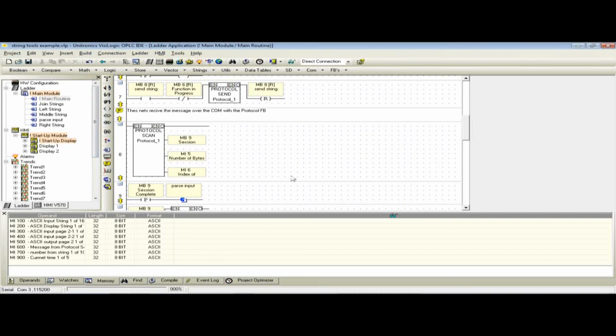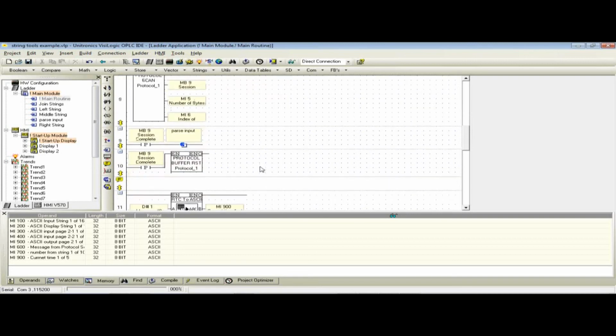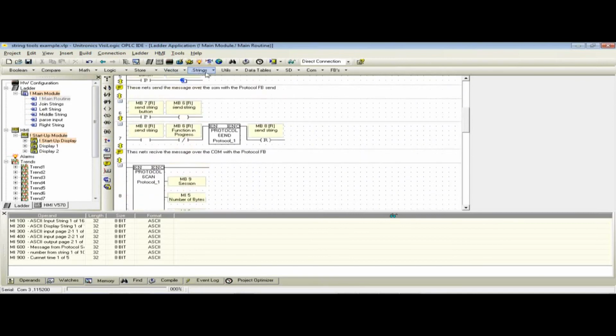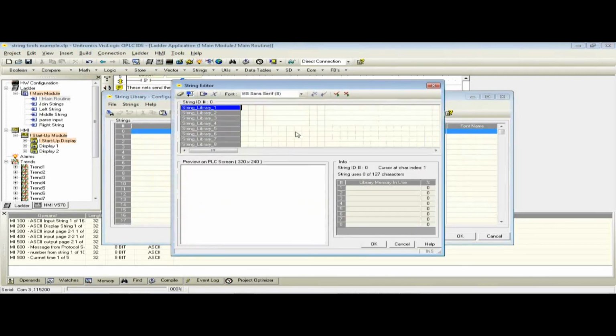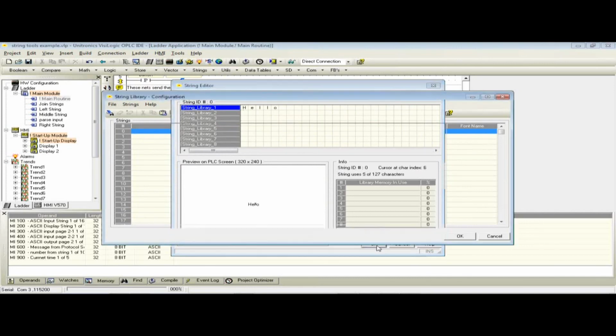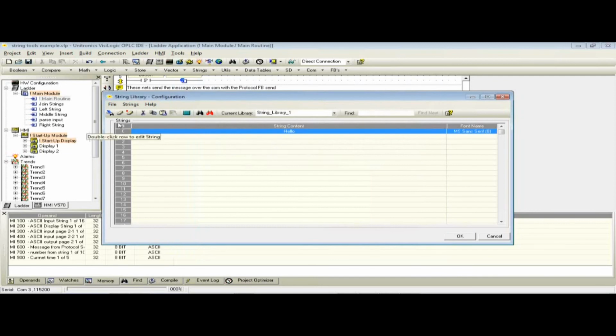Okay, so there's a question about using the string libraries. We don't have anything set up in the string library here. Let me go ahead and just pull one down. I will just make a quick string library entry. Won't discuss it very much, but I'll put hello in string library 1, string entry 0, and in string entry 1 we'll say